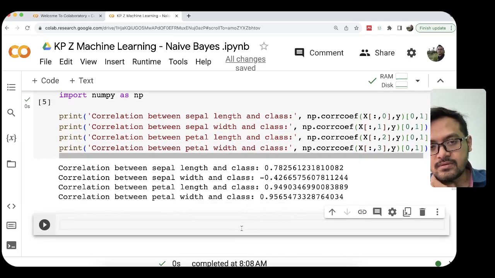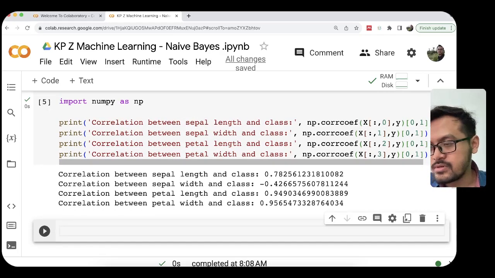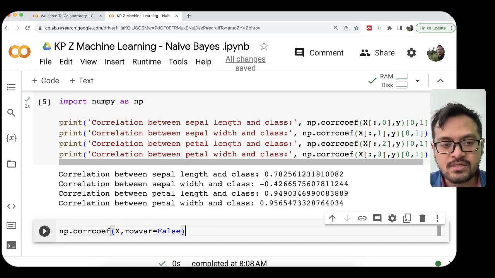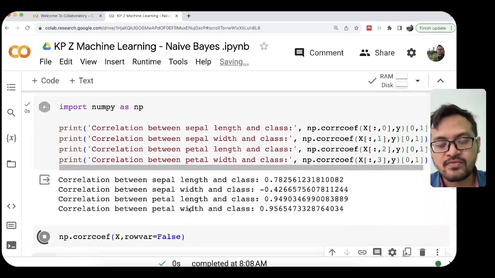But if we want to see the correlation between the features and other features, we can use this code. We use np.corrcoef with x, rowvar equal false. This code shows the correlation between each feature, not the features with the output.